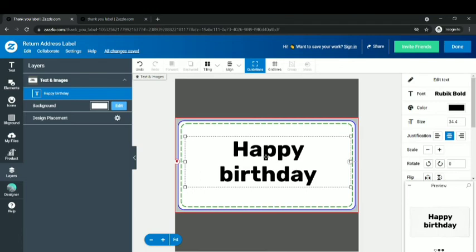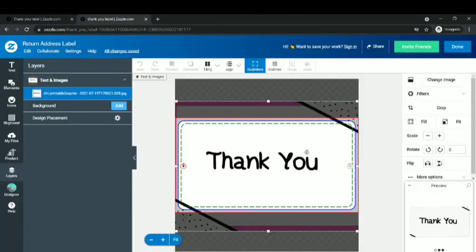Now I can add it and I can just write my own address over here and I can purchase this for my business brand. But for this design, I can't edit it because on this design the text is not editable, because I just uploaded the design from my computer like that and placed it on the label. So I can't edit this text, I can't edit this design because this is not a template. I just need to delete this design and write my text from my own side.